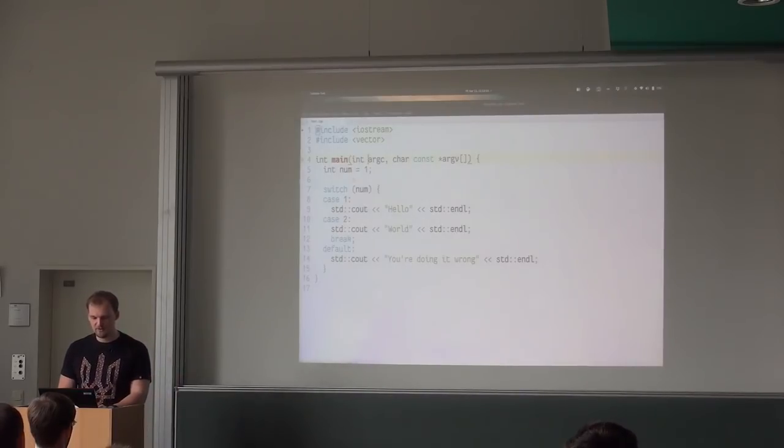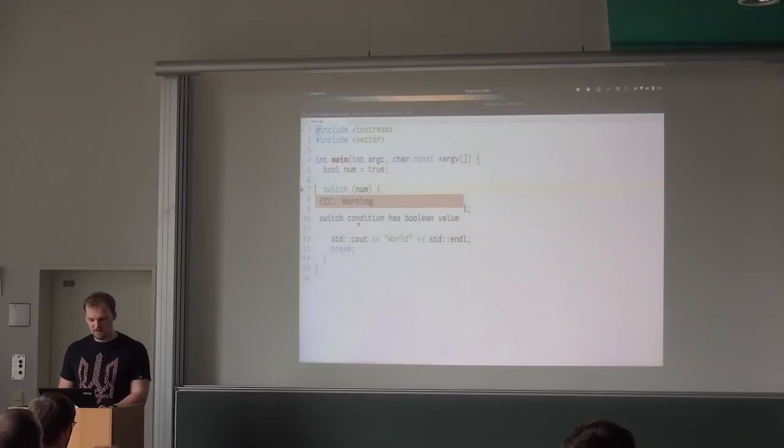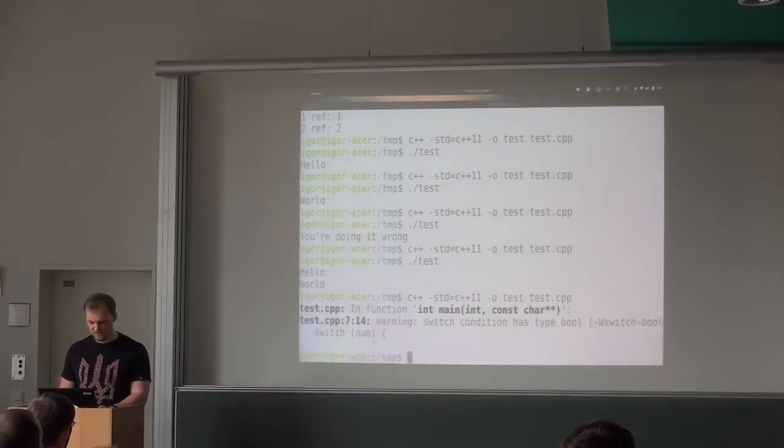Yeah, you can, but you shouldn't. If you have a Boolean statement, it's usually easier to write an if. So let's say it's going to be a bool, and it's going to be a true, and a false. Let's also add break, and we don't need a default because now we cover everything. Yeah, there is even a warning for that. So you see that it shows a warning. It's not an error. It still compiled.